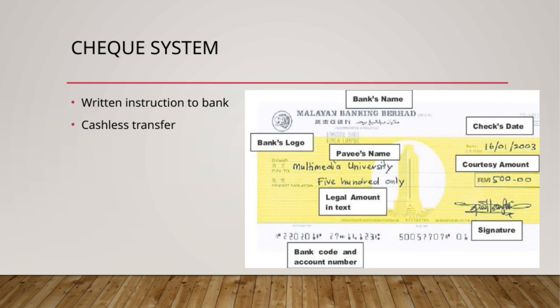Finally, we have the check system. Although it might seem traditional, checks still play a crucial role, especially for larger transactions or formal payments. Checks provide a secure and traceable way to transfer funds, adding an extra layer of safety. All of these methods are interconnected and contribute to a smooth, secure, and reliable banking experience, which is at the core of our overall theme of financial efficiency and security.